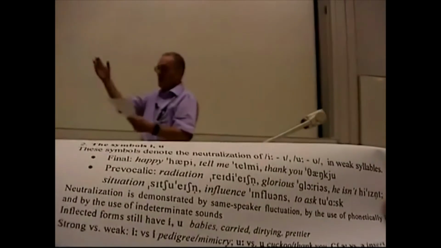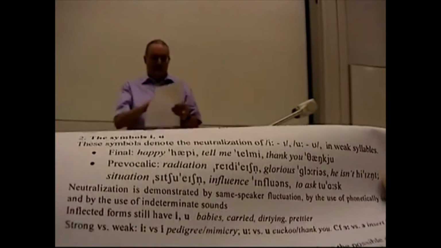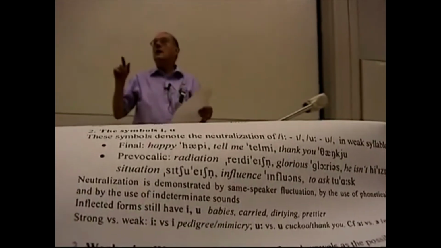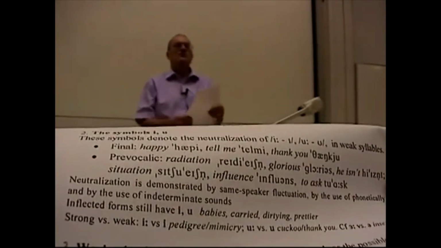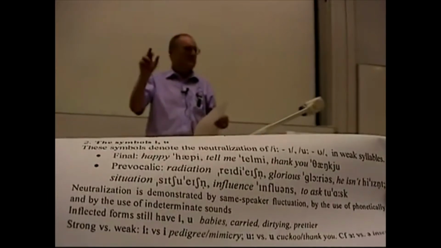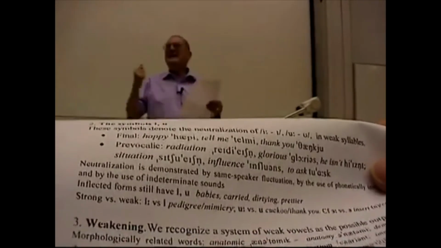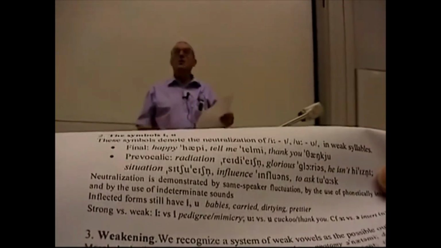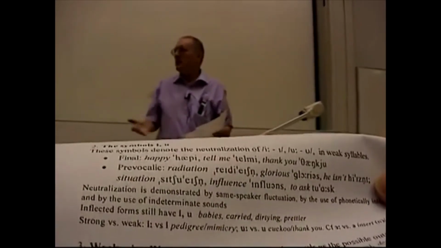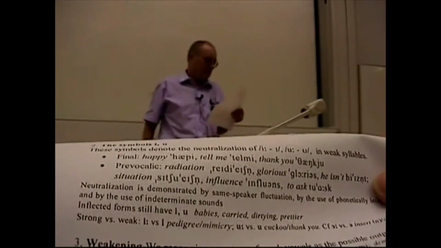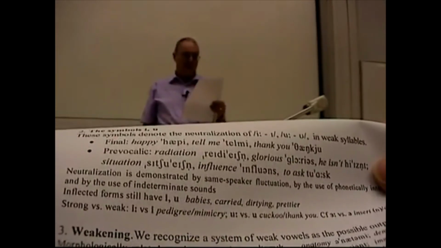So there's the thank you vowel, which corresponds exactly to the happy vowel. And again, we get it not only at the ends of words, but also prevocalically, that is, before another vowel. So on your handout, you've got the examples: radiation, there it is before the vowel A; glorious we have; and then for oo, situation. Again, is that oo or is it oo? It's neither, it's both. It's this compromise vowel. Situation. Influence, the same thing there.